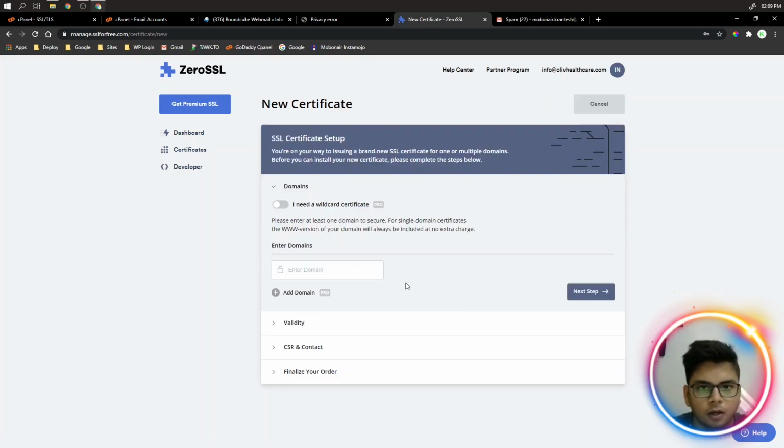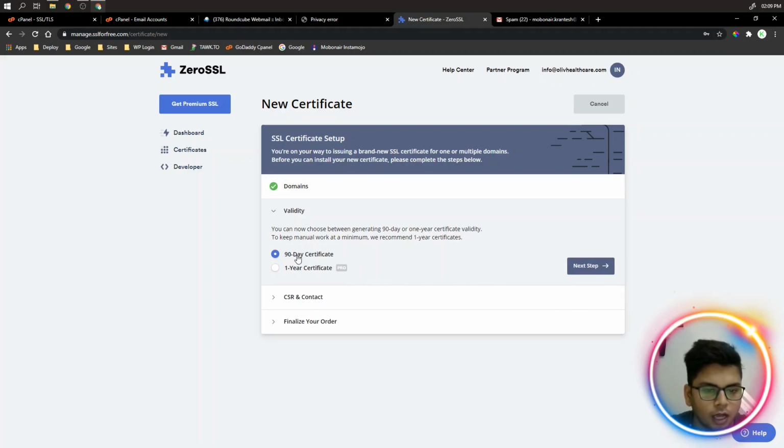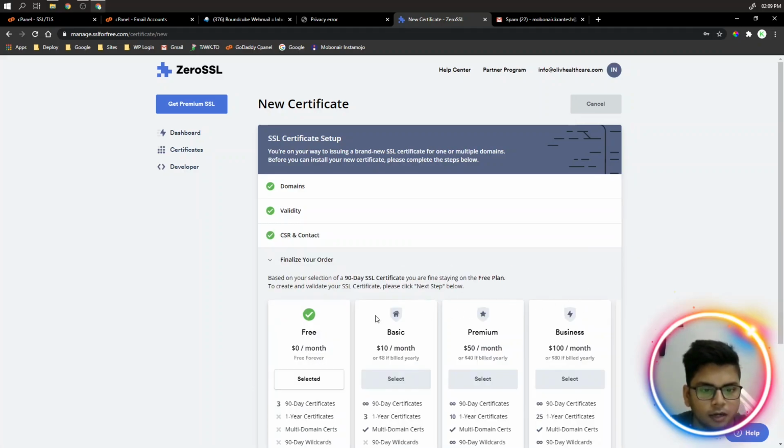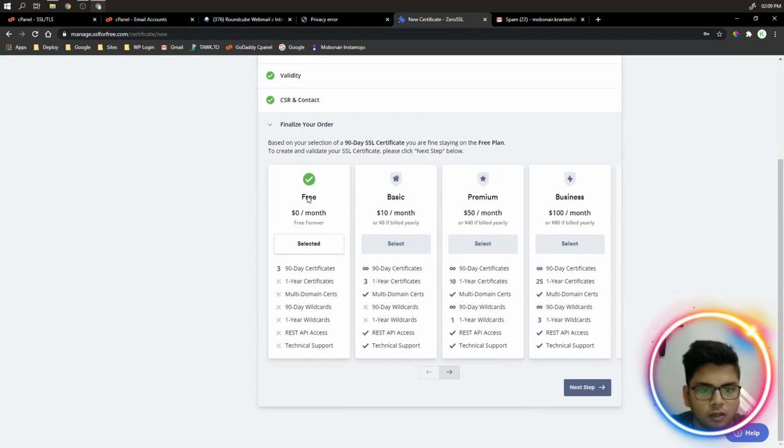Then you have to click on New Certificate and enter your domain name. I will select 90 days, and then CSR and contact auto generate. Then you have to click on this. With your free account you can create 3 SSL certificates for 90 days. So click on Next Steps.